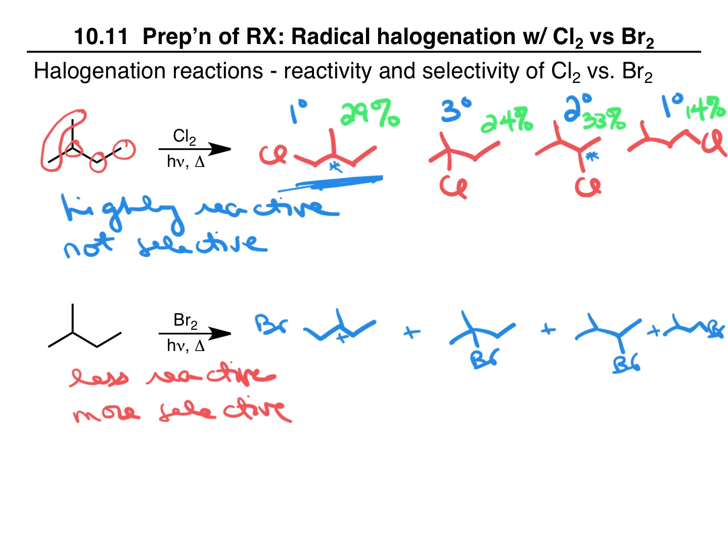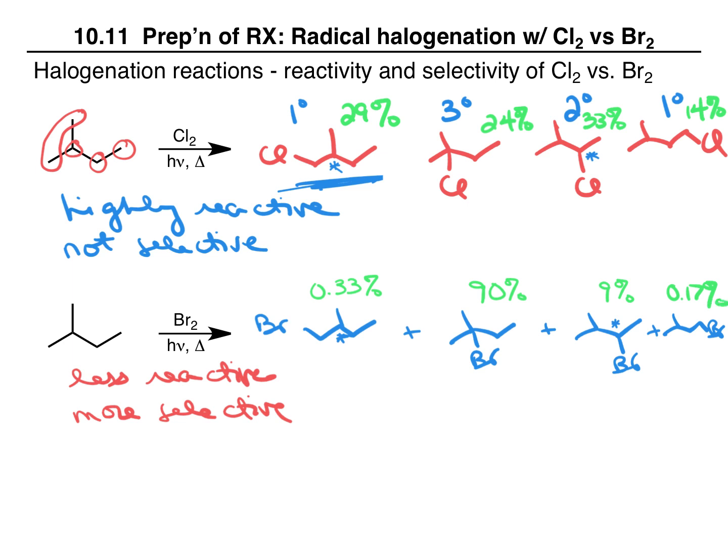Once again, this will be a mixture of enantiomers, and this will be a mixture of enantiomers. But what we get here is 0.33% compared to 90%, compared to 9%, compared to